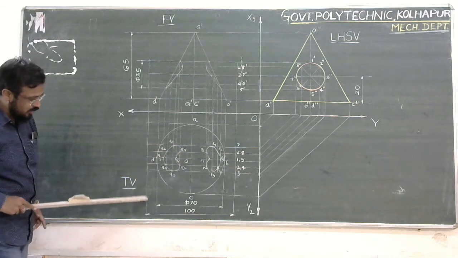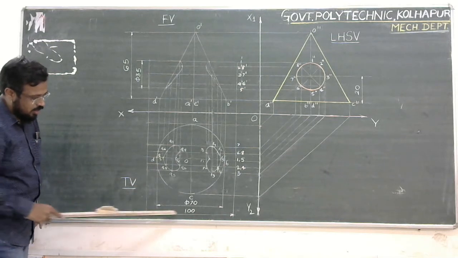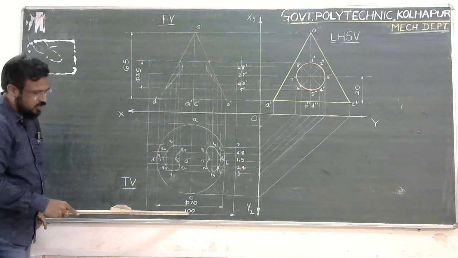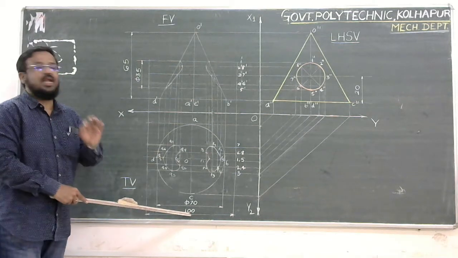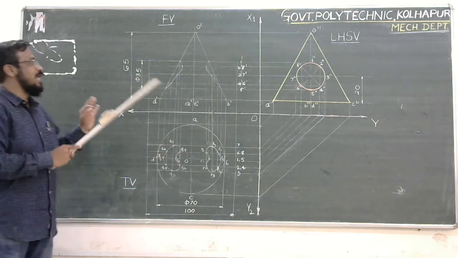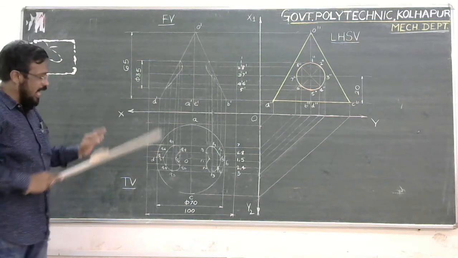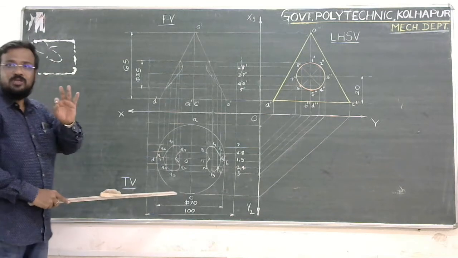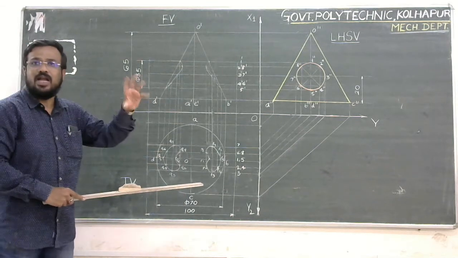If I refer to this line, this is the projector drawn. Then I come to know that this is the limiting length of the cylinder, and that is equal to 100. So now the cylinder dimensions are: its diameter is 35 and its length is equal to 100. This is the one object which is penetrated into the standing cone.